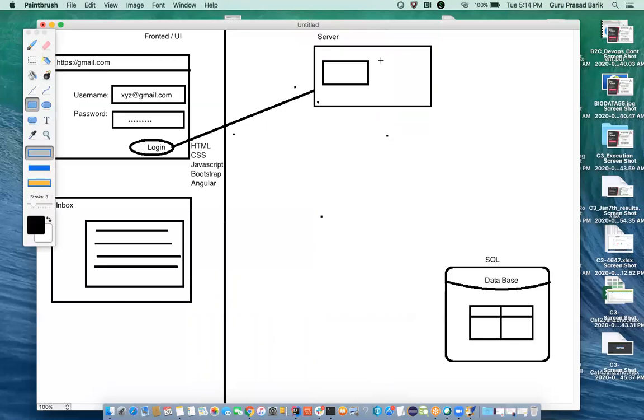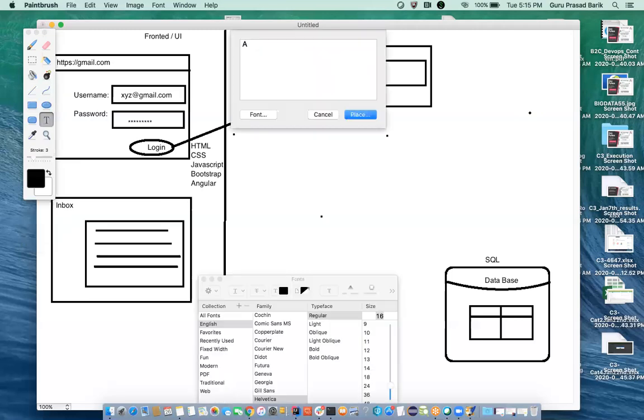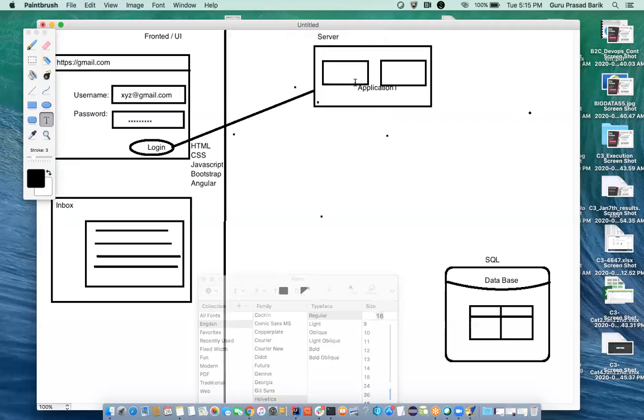We have different applications on this server. Try to understand, I'm telling you from scratch how things go on behind the scenes. Once you click on this login button, some action is created and reaches the server. The server itself cannot provide the service to the front end. It needs help from applications.